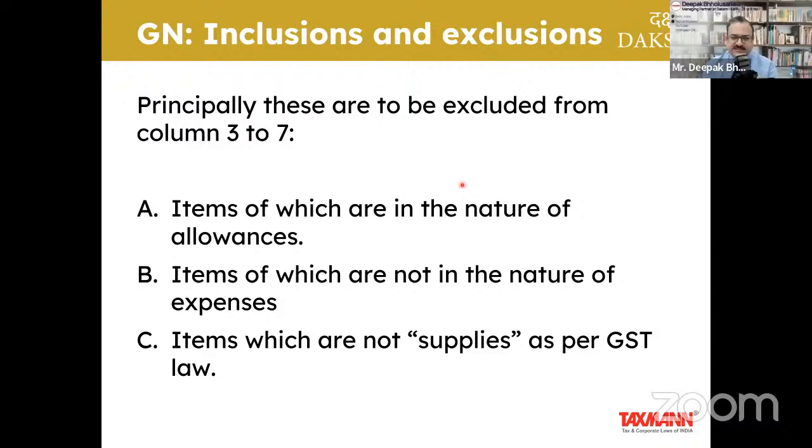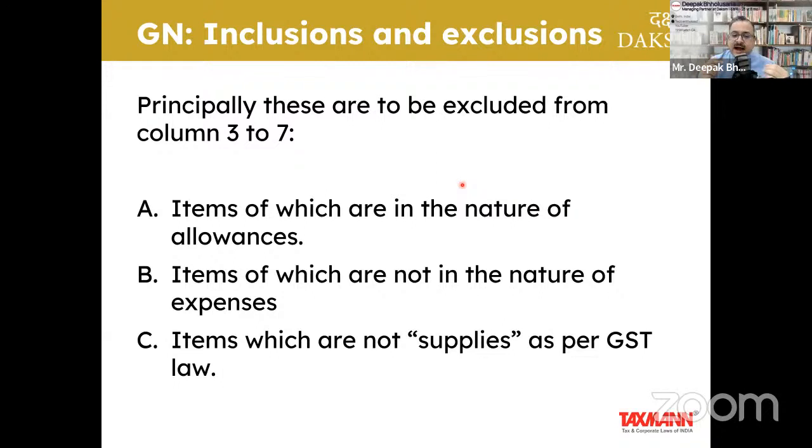So if I summarize what to include and what to exclude, looking at the guidance note of our Institute of Chartered Accountants of India, any item which is in the nature of allowance, bad debts, depreciation, those need to be excluded in 3 to 7. But again, you need to maintain some kind of reconciliation also. If you start with the profit and loss account and you ultimately arrive at some figure, what are the items you have excluded out of that? There must be a reconciliation. You should maintain it. And the Institute's Guidance Note also says that there should be a reconciliation available with the auditor also.